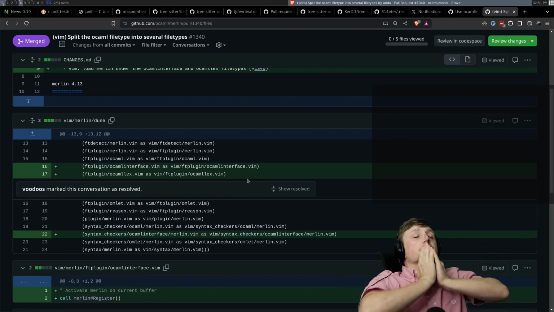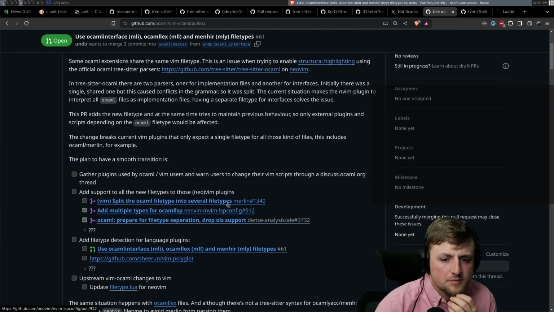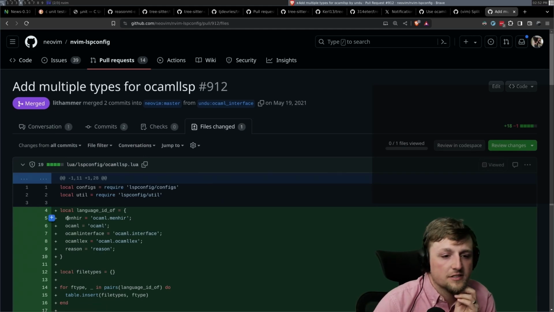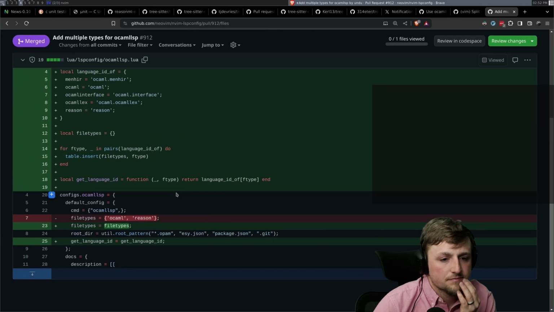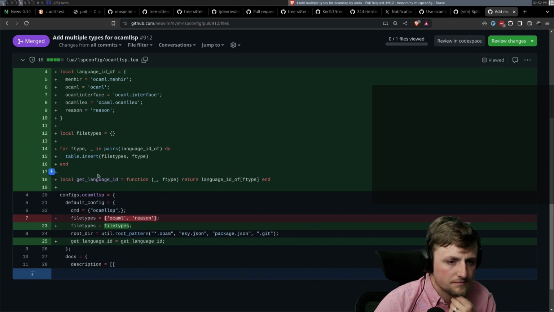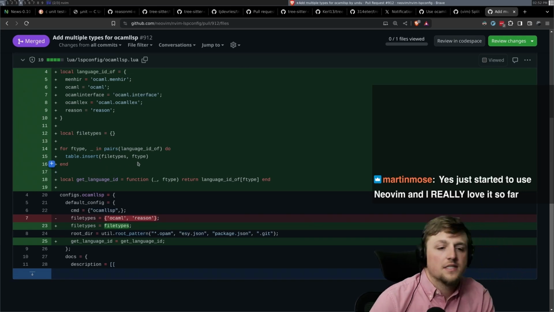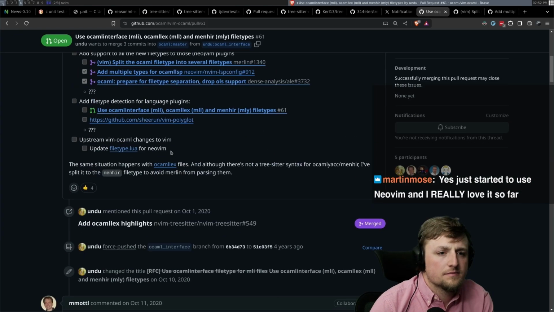Okay, so add multiple types for OCaml LSP. So what does OCaml LSP say right now? Language ID of OCaml.Manir. See, this is the better one, I feel. Yeah. Okay, so